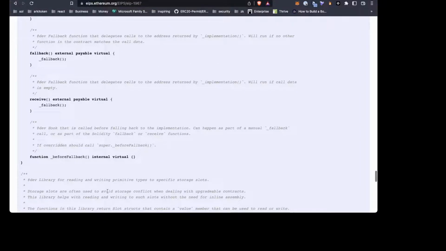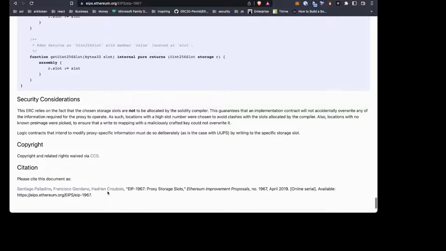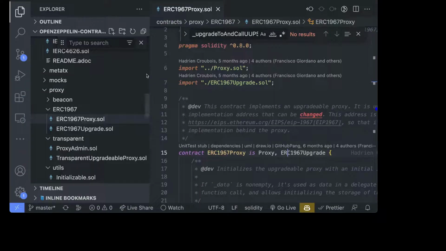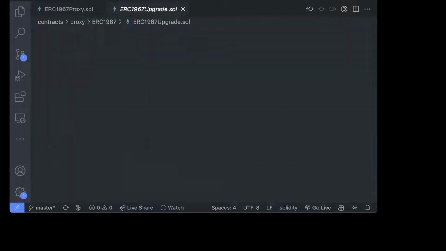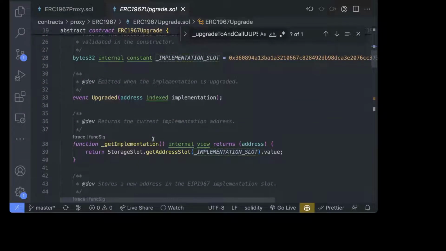I think there's a function in here called UUID, at least there is in the code. If we look at ERC 1967 upgrade,